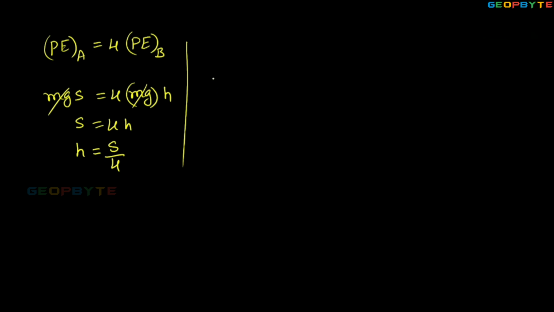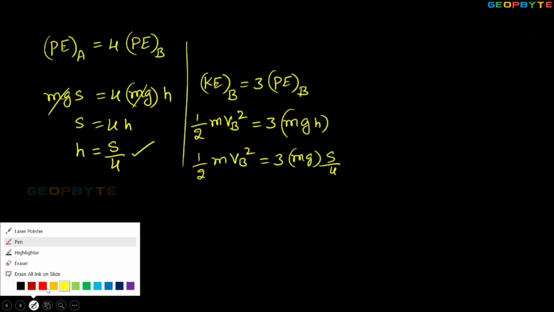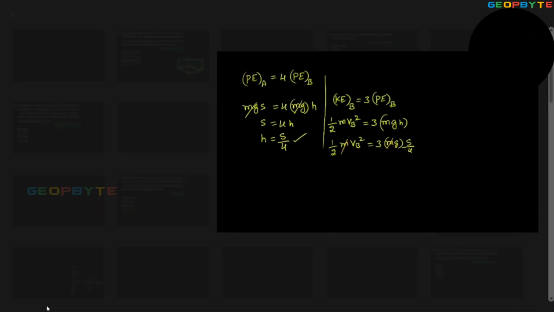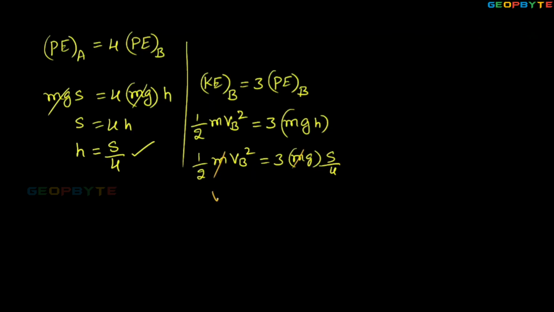Velocity you need to decide. As you know, the kinetic energy at B is equal to 3 times the potential energy at B. Half m Vb square equals 3 times the potential energy at B, which is mgh. Half m Vb square is equal to 3 times mgh, where h equals s by 4. Now you can cancel m. Vb square by 2